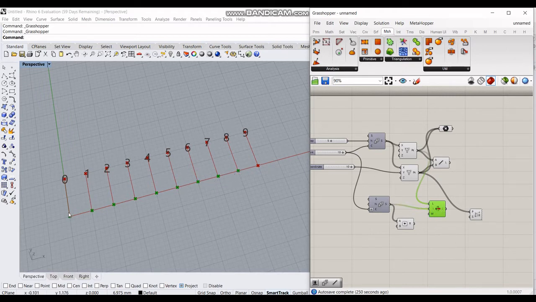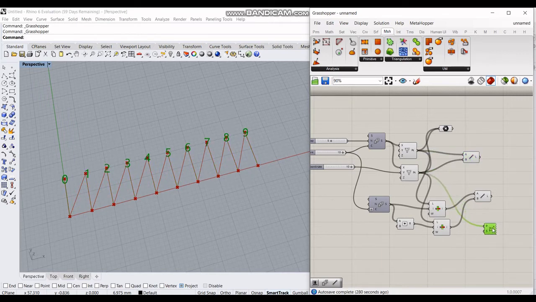As you can see, the starting points are highlighted in green here. Let's use another list item to create the ending points. So this will be our list while this will be our indices, and you can see that we got the ending points. So let's just connect them with the line component, and that's it. We got the mountain lines as well. So it's that simple. But the main tricky point now is to create a mesh with this pattern, and let's see how to do that.